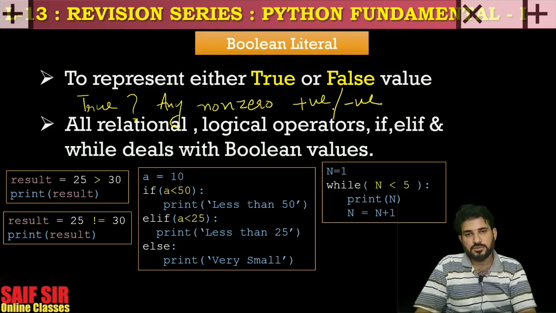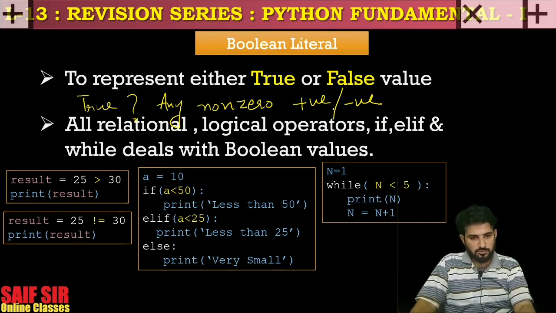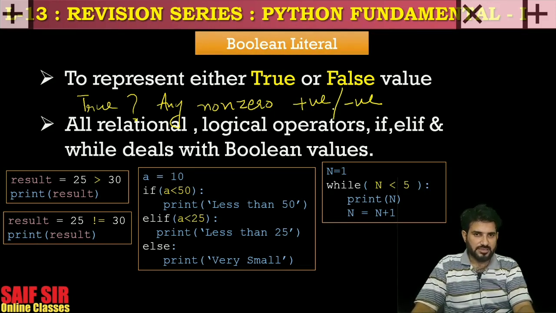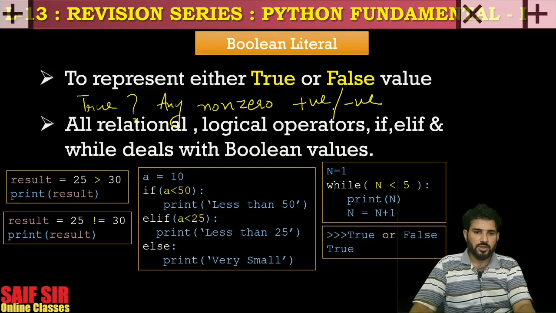If this condition is true, again true means Boolean literal, so the loop will run and print the values from 1 to 4. If n is less than 5, keep going into the body, print the value and increase n. So this is the story.